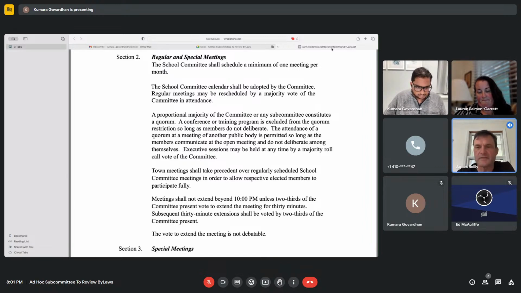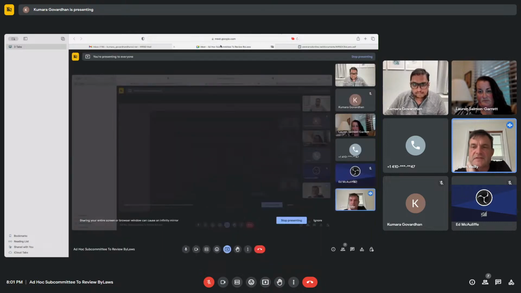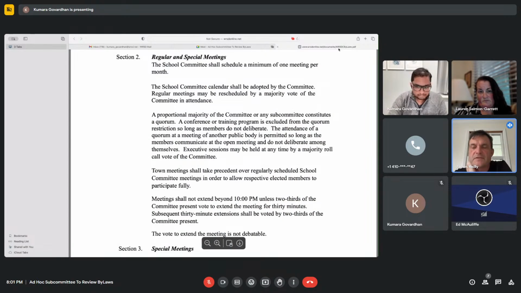For example, to remove the requirement that they need to vote to extend a meeting. Would those be made and then there'd be discussion amongst the general committee? Or are we talking about presenting those to people in advance, soliciting input, and then talking about them again?